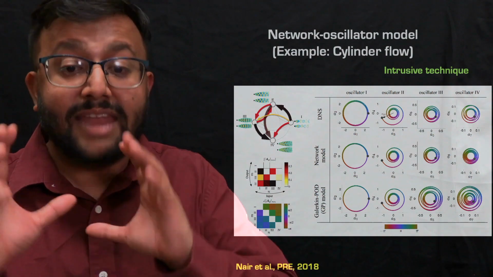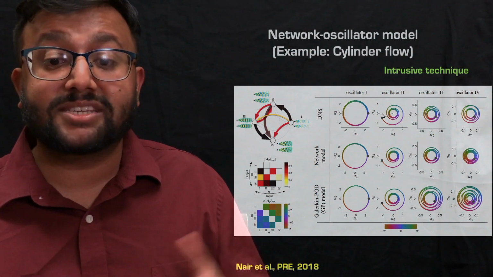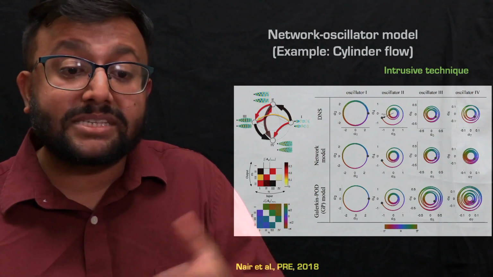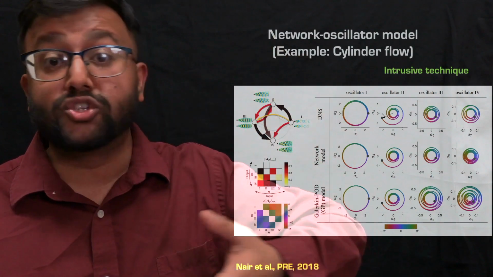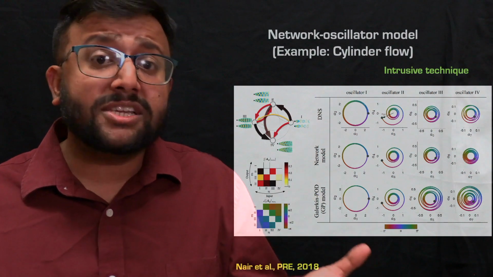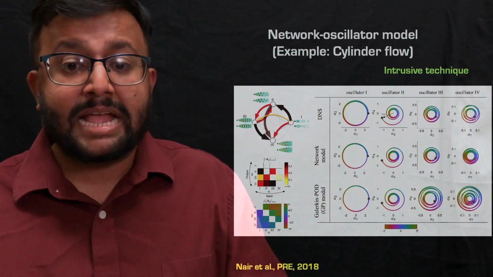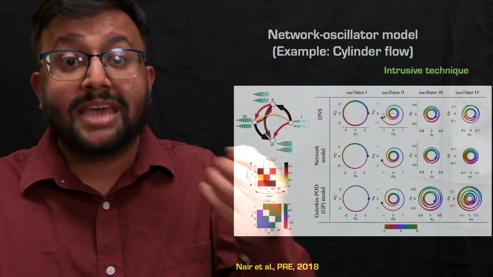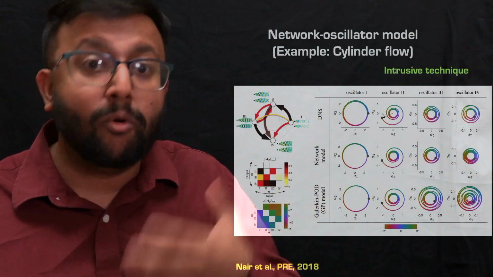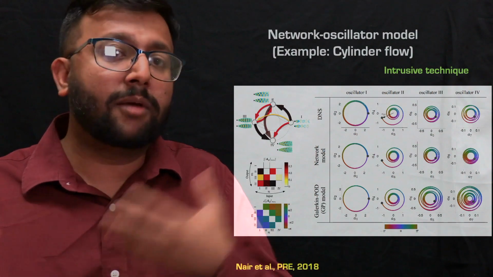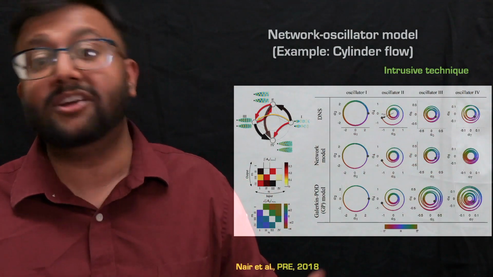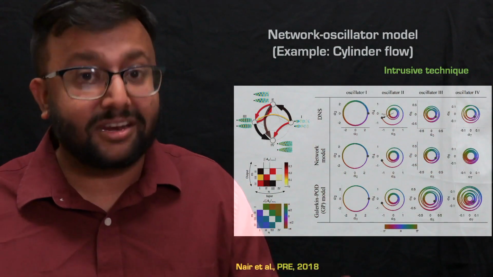Now, when you see the network structure, you can also see some amplitude and phase relationships between the modes. In particular, we see that oscillator 1 contributes a lot to the dynamics. This makes sense because oscillator 1 is the most energetic oscillator. And you can see that the higher order oscillators actually receive a lot of information from these most energetic oscillators. Again, it's kind of an intuitive explanation that energy flows from the energetic modes on to the lower energetic modes, essentially.